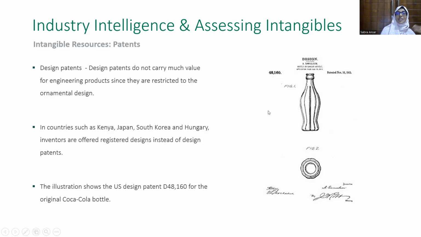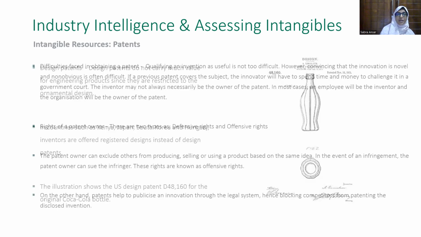So in countries such as Kenya, Japan, South Korea, inventors are offered registering a design instead of a design patent. Okay. And as you can see, it shows the US design patent D48160 for the original Coca-Cola bottle. So this is the original Coca-Cola bottle, and Coca-Cola has a patent for this bottle design, not just the secret ingredient. So Coca-Cola has a lot of patents, as you can see. So intangible,